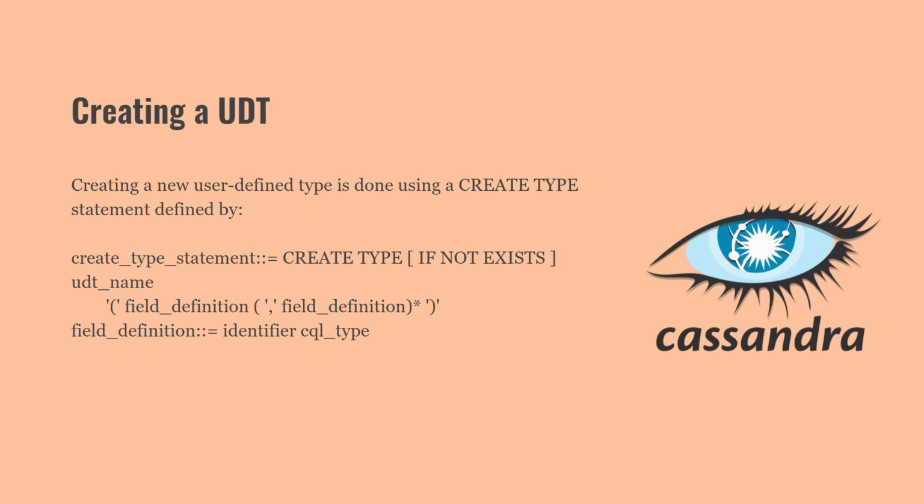Creating a new user defined type is done by using a create type statement, defined as create type, if not exists, UDT name, then the field definitions, and we specify the type. If the syntax looks complicated, once we create a UDT, it will be easier for you to